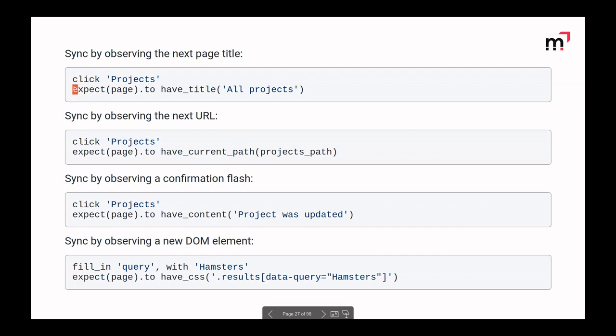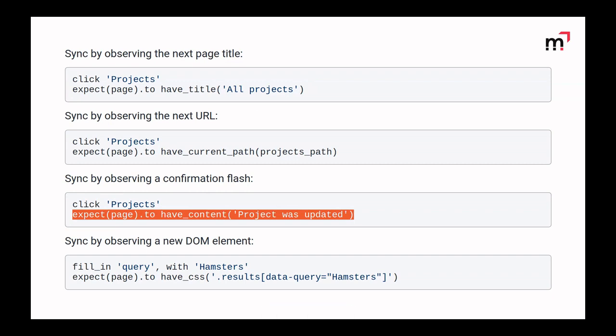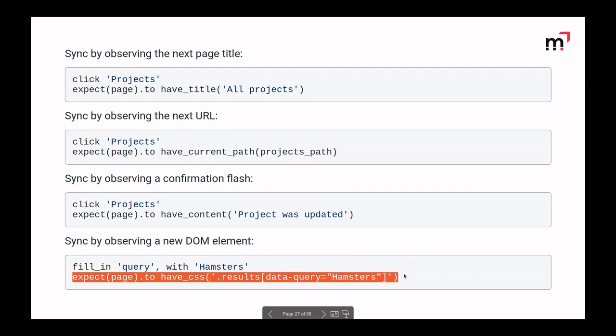For example, we have seen an expectation for the title of the next page, or for the URL of the next page, or maybe we expect some text that is only visible on the next page, or maybe we expect some element with a very specific selector that is only visible on the next page. And this way we always know that we are in sync again.